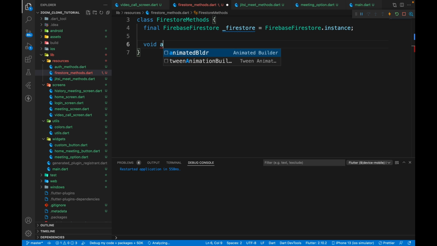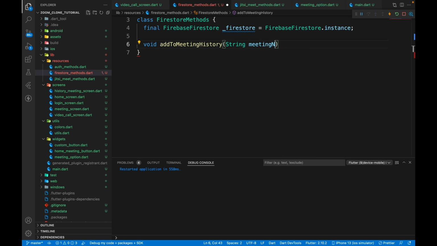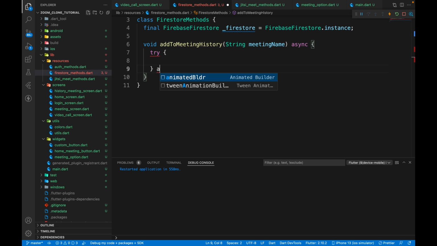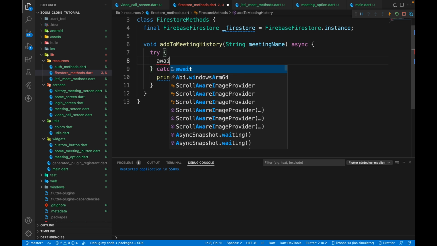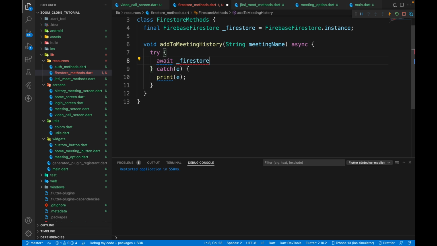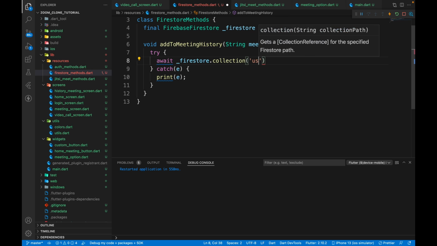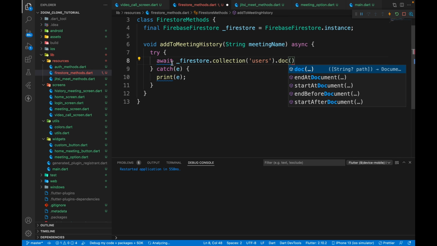And here we will have void addToMeetingHistory, taking a String meetingName. This is going to be an asynchronous process, so we'll also have a try and catch block. Awesome. So now what do we want to do? Well, if there's any error, let's just print the error, nothing more. And in the try, we just need to get the Firestore.collection('users').document, and we need